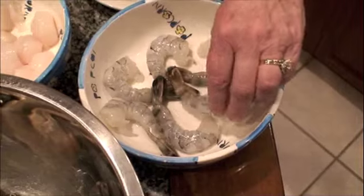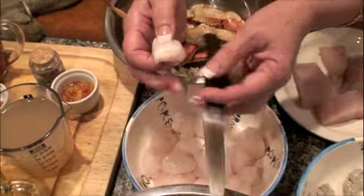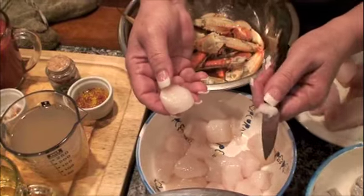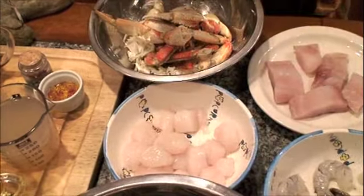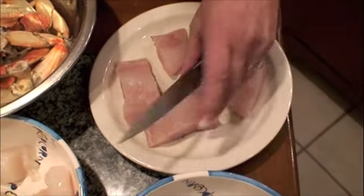cleaned. Make sure you take the veins out of it. I'm using some nice, beautiful Maine scallops, and just want to make sure that you take that muscle off if it has a muscle on it, because that's where it attaches itself to the shell, and it's just very tough. Throw that away. I'm using some fresh snapper that I've cut into pieces, and then I'm using some of our